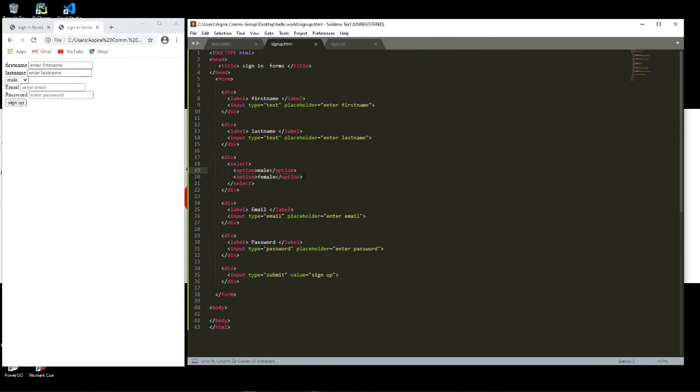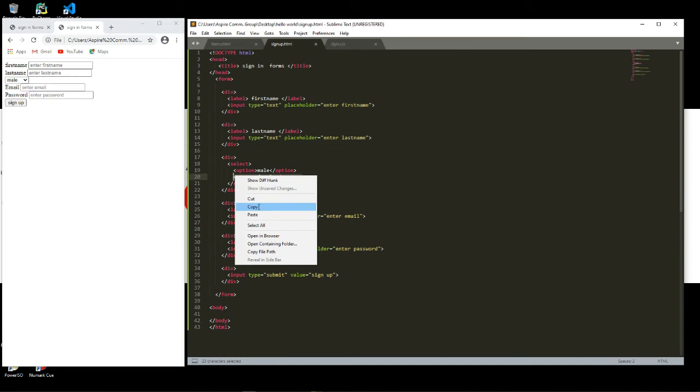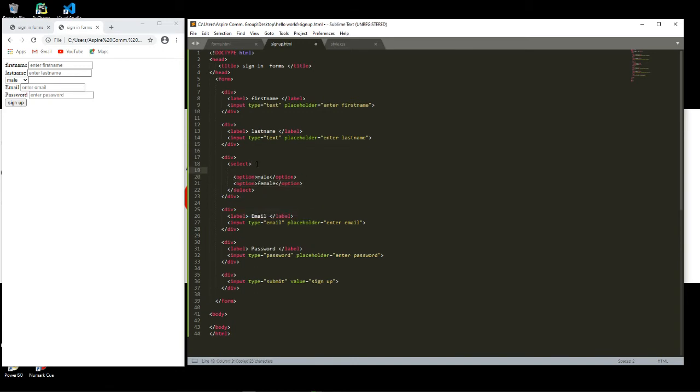Okay, so here we are going to cut this from there. So we go to the select, and these are all input types that we can use. Okay, then we go to option,